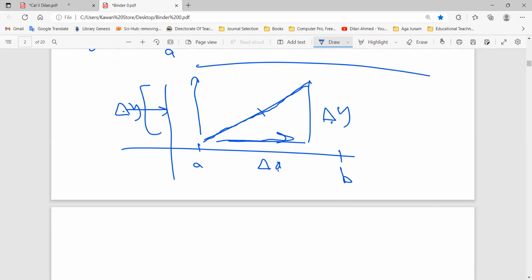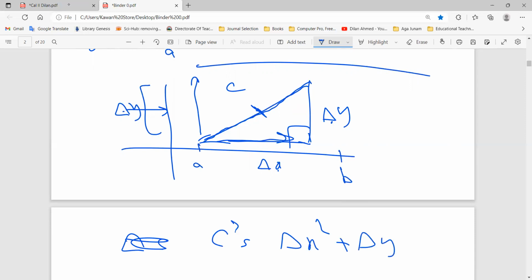So I have delta x, delta y, and now I have a right angle, and I'm going to use what? Pythagorean, right? Pythagorean to find c. So c squared is equal to delta x squared plus delta y squared. Understood? So the idea comes from Pythagorean, actually for finding the length, even in 1 dimension, 2 dimensions,